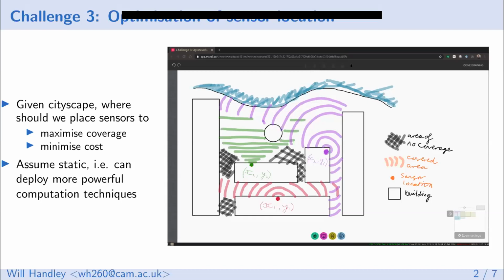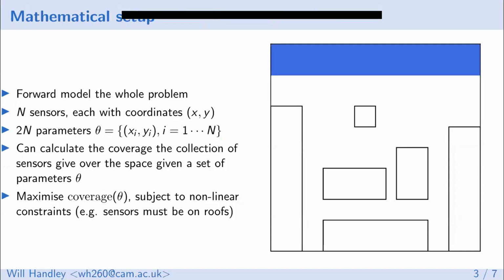But basically this is a problem where you need to maximize coverage whilst minimizing cost, and where maximizing coverage is quite a technical term. So in this first diagram, in our first pass through this on Tuesday and Wednesday, we defined coverage as any region that had line of sight to one sensor. And that's the image of the mathematical problem as we move from our toy example to something that's still a toy example, but a bit more quantitative.